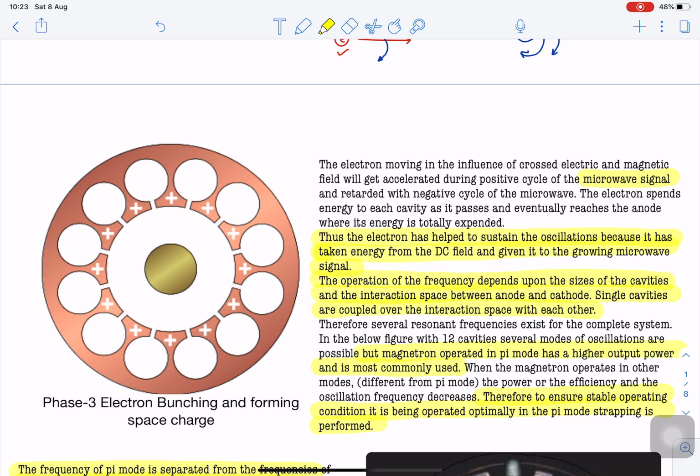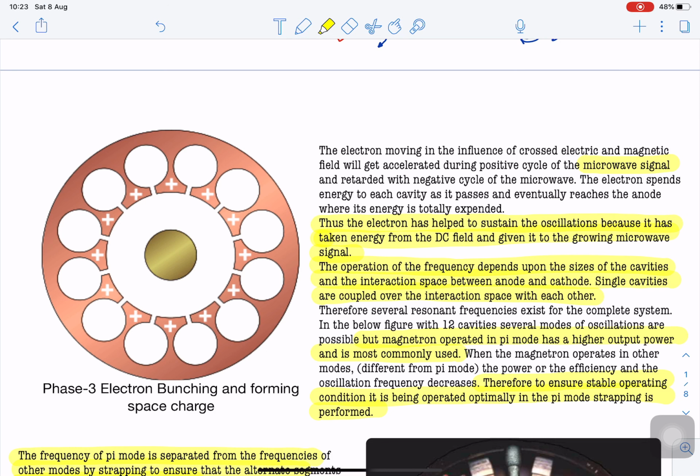So in velocity modulation, we need a source of electrons. That source of electrons will be provided by heating the cathode. When the cathode starts emitting electrons, these electrons are affected by the presence of the noise-like signal in the cavity, and they are simultaneously affected by the perpendicularly oriented magnetic field.